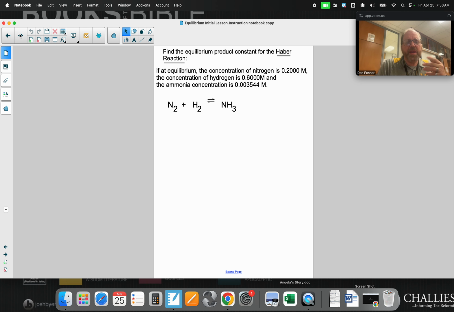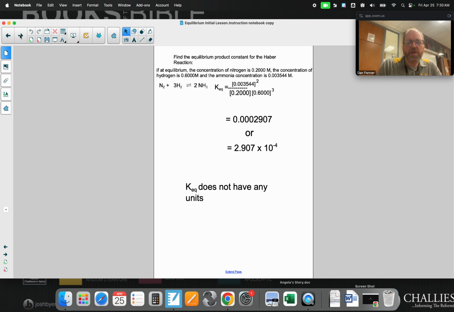So there we go. And we need to balance it up. So nitrogen plus 3 moles of hydrogen in equilibrium gives me 2 moles of NH3. So if we're going to do our KEQ, remember that's products over reactants. So my products here are NH3. It's going to have some exponents, and nitrogen and hydrogen to their exponents. Well, the coefficient here is 2. And the coefficient there is 3, so we put them in and just take our values and put them in there. And when we do, the value is